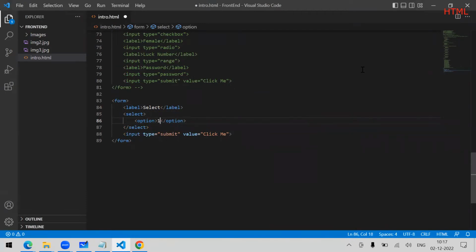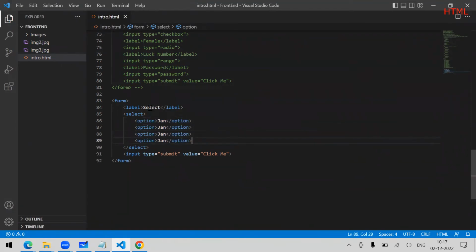If I say 1, or if I say Jan, okay, I am just giving an option to select the month. And I will say month here. Okay, and if I say Feb, if I say March, and if I say April,